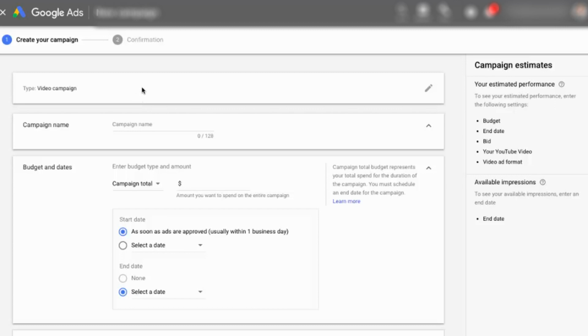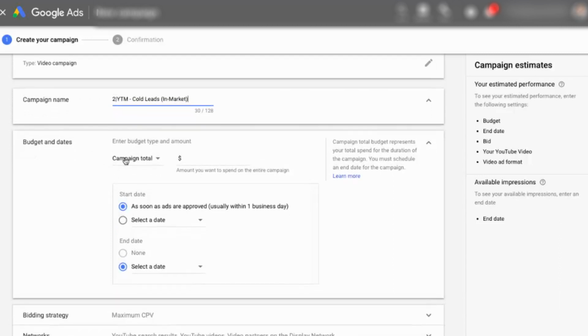So the first thing we're going to do is go ahead and give our campaign a name, and make sure that you name it something basic that's going to be really clear on what the campaign actually is. And I'm actually going to put in parentheses in market, because as you'll see in a second here, we're actually going to make two campaigns for our $5 a day.